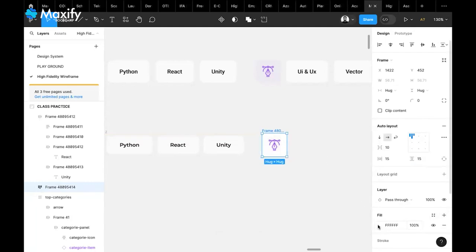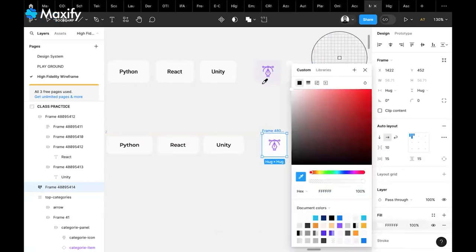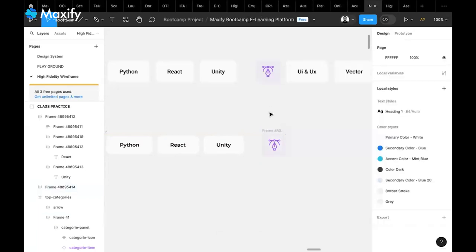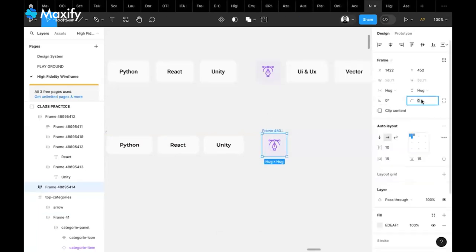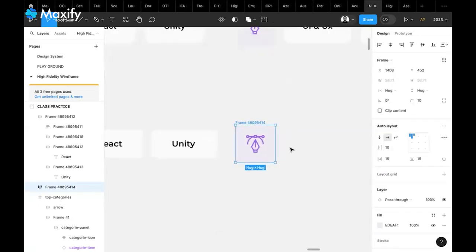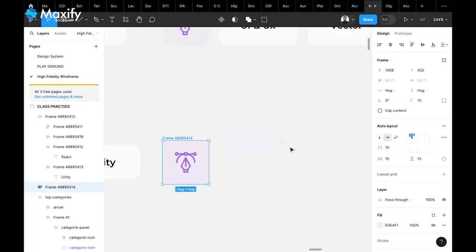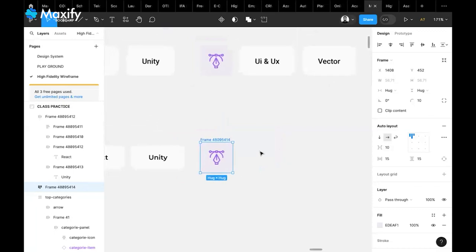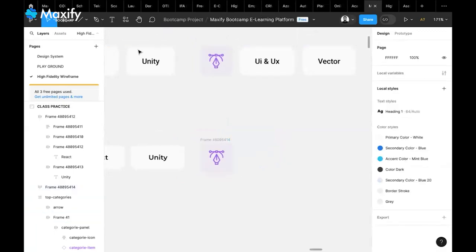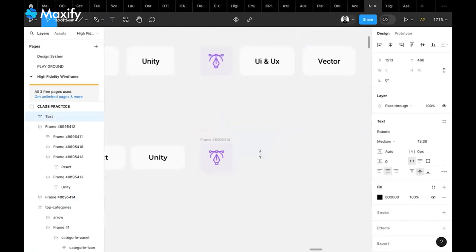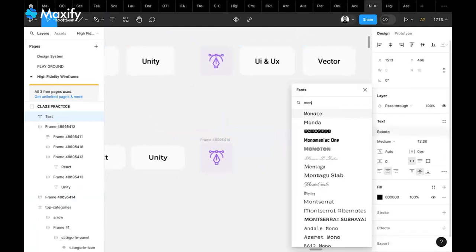Use your eyedropper to pick this color here. You have that. Then you want to have a corner radius of 10, right? So you have this guy created here. You also now want to have the text content. So I click on this guy and I select my Montserrat,